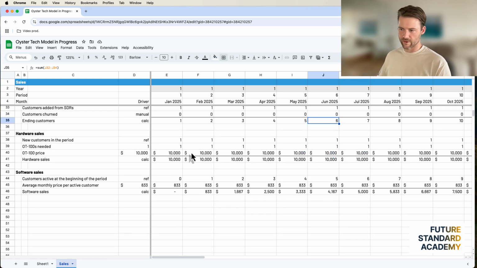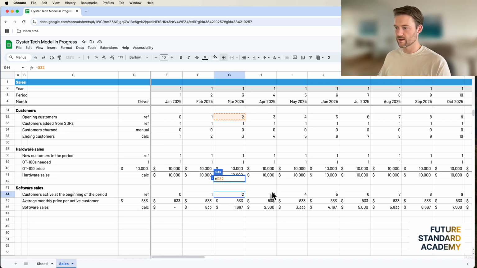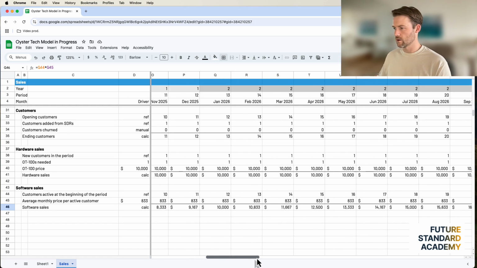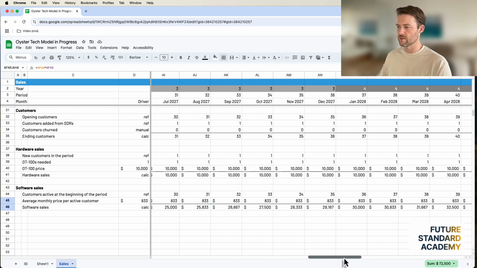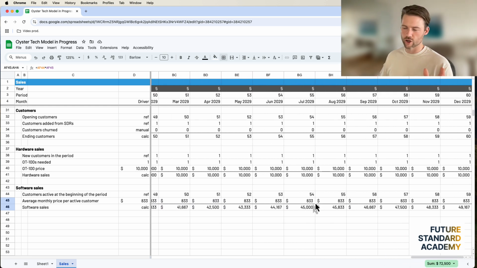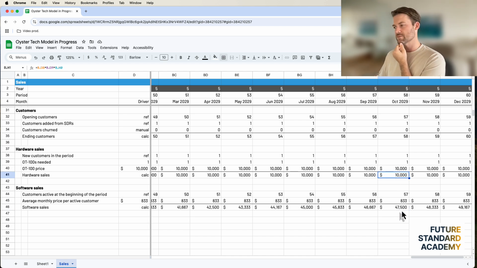And what that's going to do is every month at the beginning, you're going to get your hardware sale. Every month at the beginning, end, it doesn't matter. We're not going to get too precise with this. We're not going to get more precise with this than what we're seeing here. But if there's 2 customers at the beginning of this period, we're going to charge 2 subscriptions, which is that much money. And that's going to go up over time. So you can see hardware remains the same, but the subscription, because more customers are coming on board, not accounting for any churn, is going to eventually outpace the hardware sales by a pretty significant margin, almost 5 to 1. Okay.